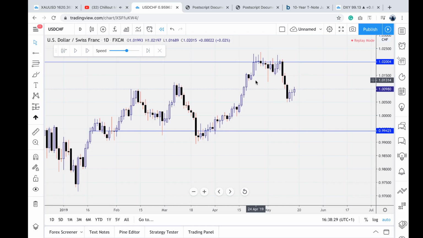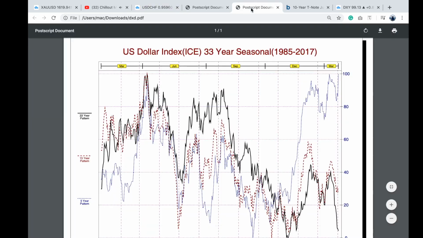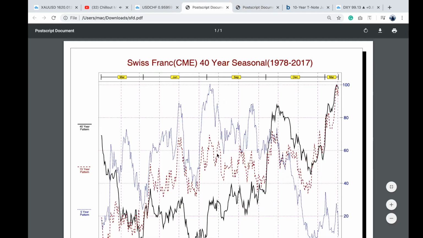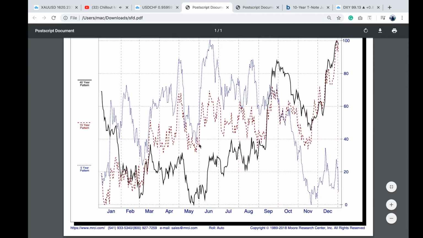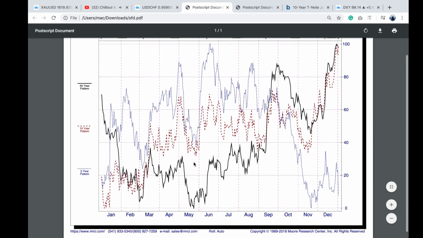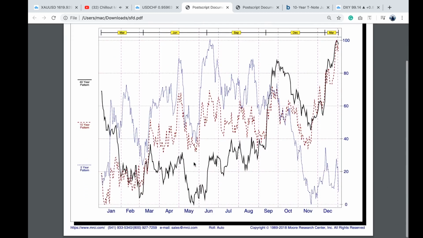What we're trying to do is pair up a very weak pair with a very strong pair seasonally to see where we can get the most massive displacement in price. So if we look at CHF around the month of May going into June, simply looking at the 40-year historical price data, indicated by the black line, the 15-year historical price data indicated by the red line, and also the 5-year price data indicated by the blue line, you can see that around the month of May going into June, the CHF, which is the Swiss franc, is usually